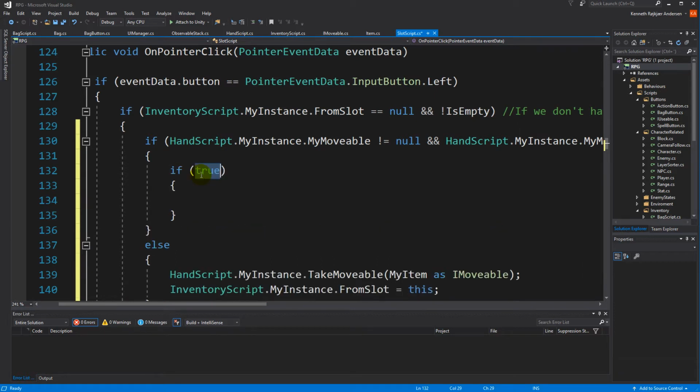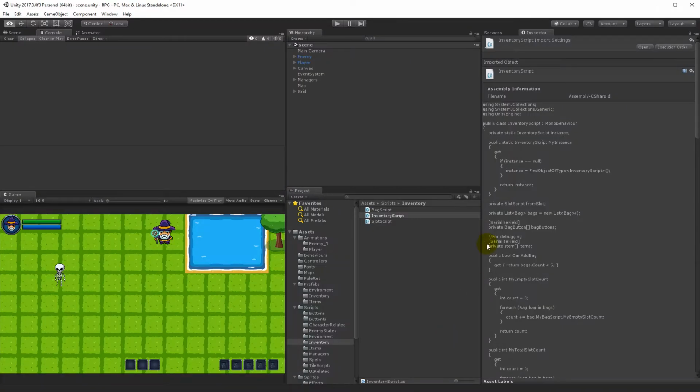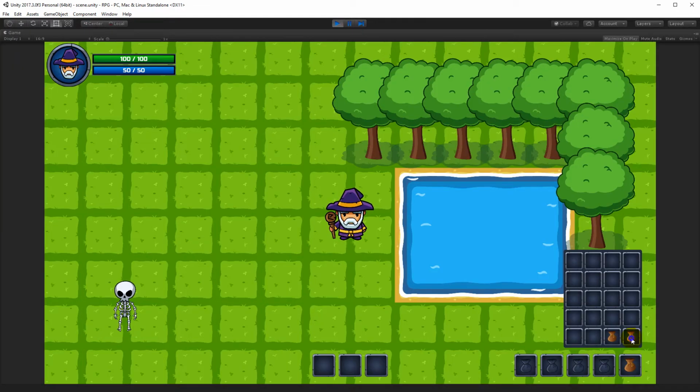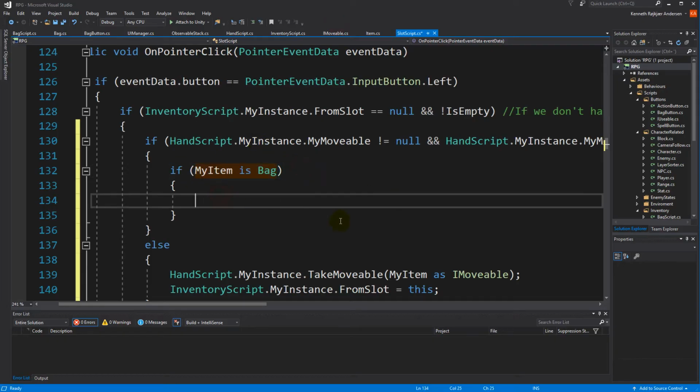So if my item is a bag, so I'm checking whatever I'm clicking on is a bag, right? So I'm checking if this one I'm clicking on right there is a bag before I do anything. That's the check. Okay, if that's the case, I can say inventory script